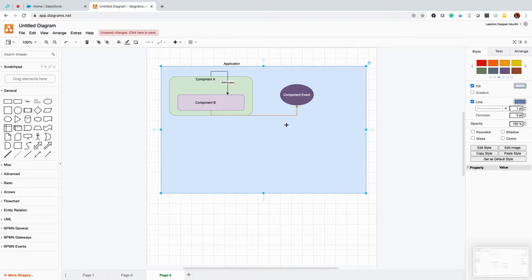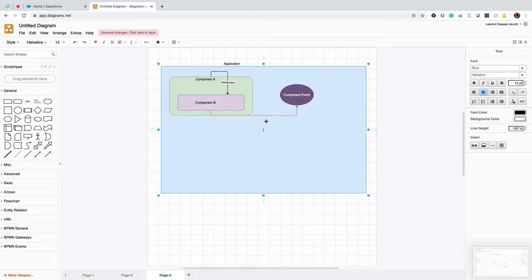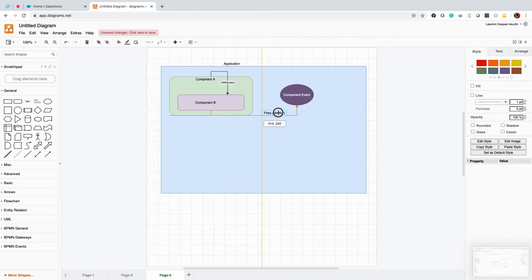Component B fires an event called a notifier. What is called a notifier? We'll see the communication first and then we can see the implementation.